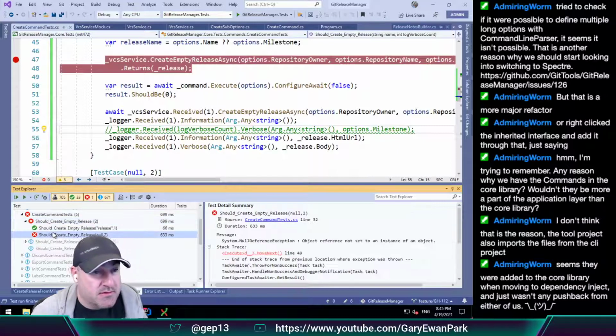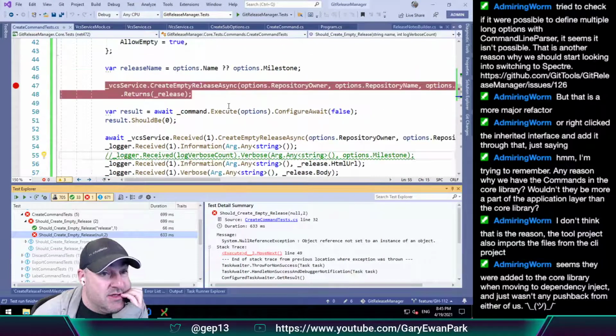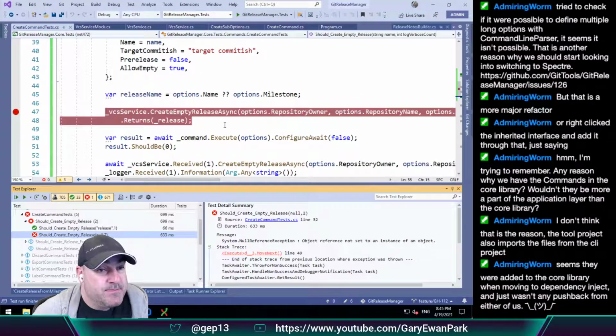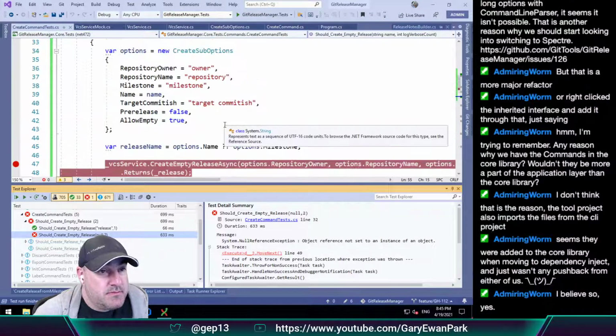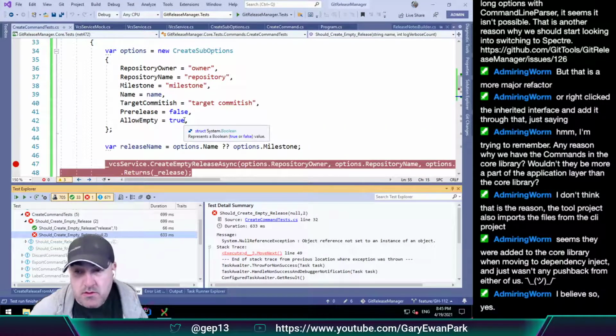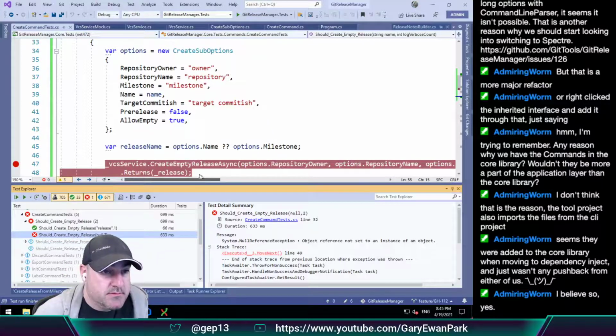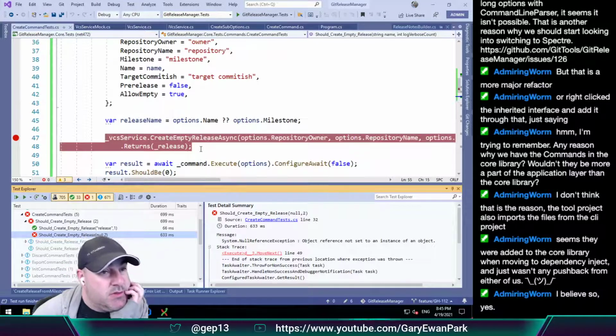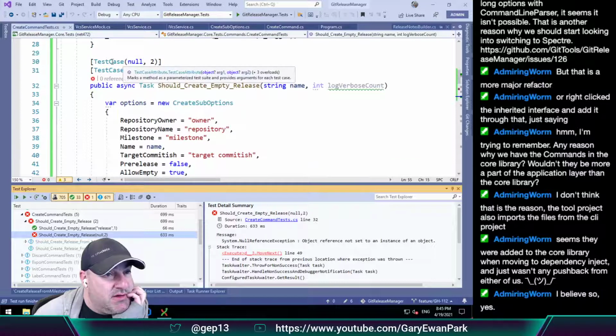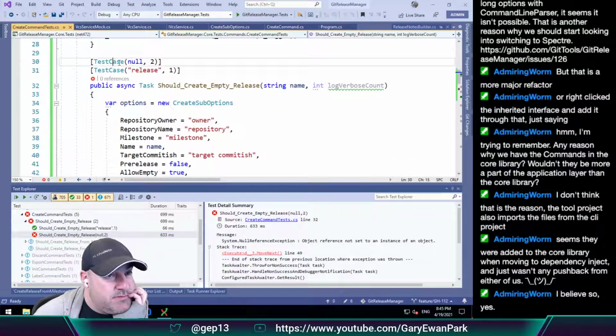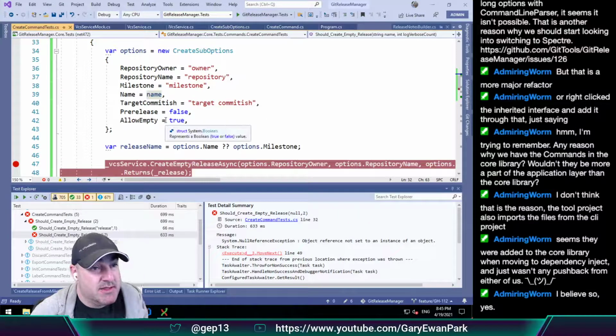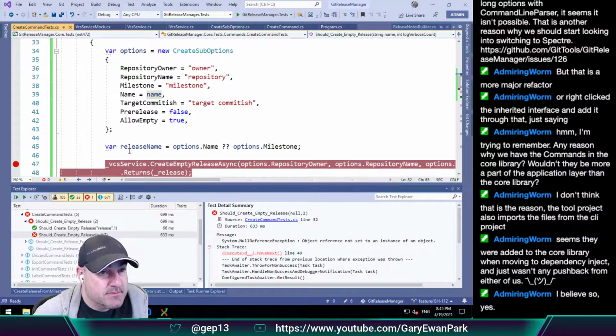Oh, no. Object reference not set to an instance of an object. So when we pass in, okay, that makes sense to me. So when we pass in the null, so the null here is the name. So when the name is passed in, the release